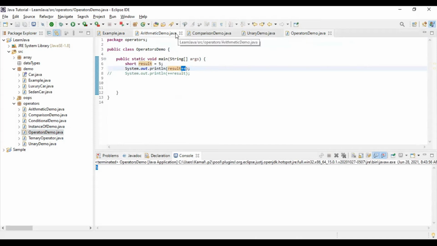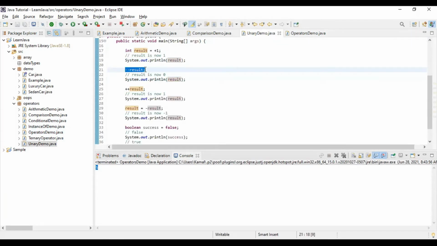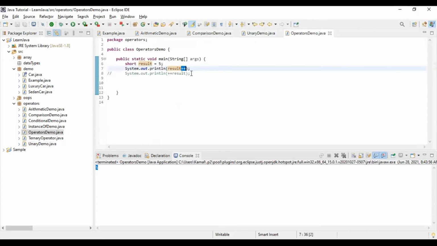In the previous example, we applied the operator in this line and then printed the result, so it made no difference. But here, if we are printing in the same line, then the post increment operator will evaluate to the original value. If I print the value in the next line, result, now it will print 6.